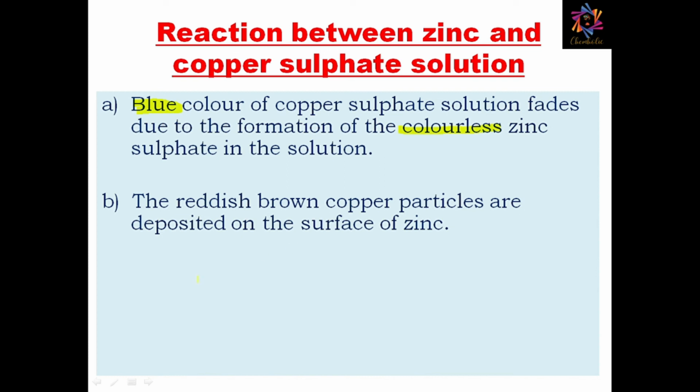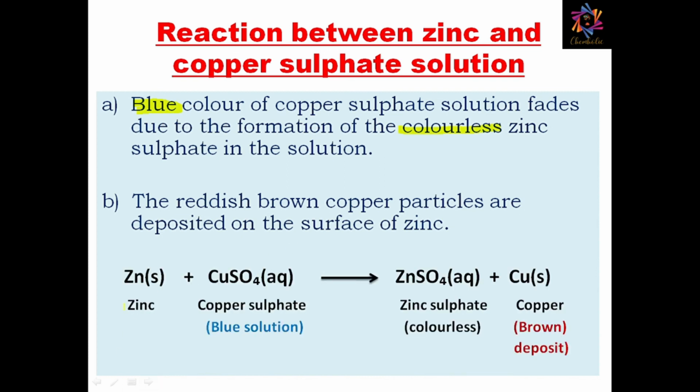appearing to us as brownish or blackish in color. So if we see the equation, the zinc granules we have placed in metal form, and the salt solution is copper sulfate, blue in color. Zinc is a more reactive element than copper. Zinc can easily displace copper from its salt solution, that is copper sulfate solution, and it will form zinc sulfate on the product side, colorless. So that is why you see the change in color, and copper is left on the product side. So this brown coating is actually depositing on the zinc granules. This is the overall reaction that is taking place, and it is a type of displacement reaction.